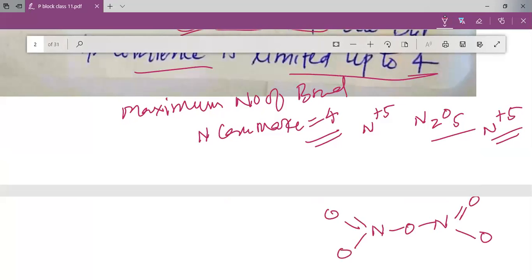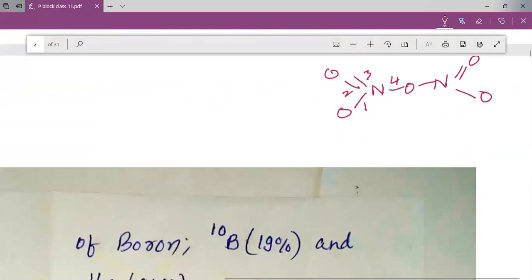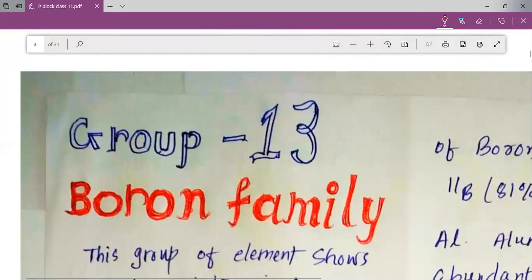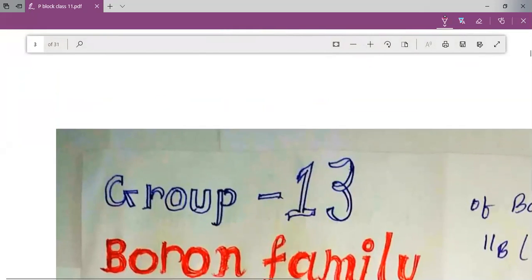And thus you can see the number of bonds a nitrogen can make: 1, 2, 3, and 4. So its covalence is limited up to 4. Though it shows the +5 oxidation state, the nitrogen in N2O5 just has the covalence up to 4, and that is because of the covalency of nitrogen. If you look into the electronic configuration of nitrogen, my dear students,